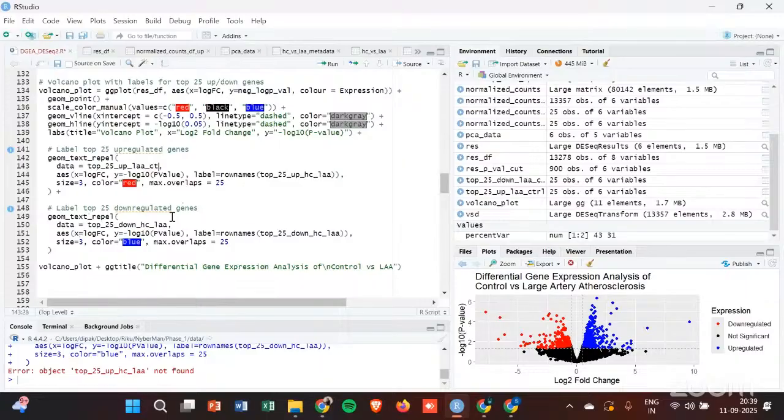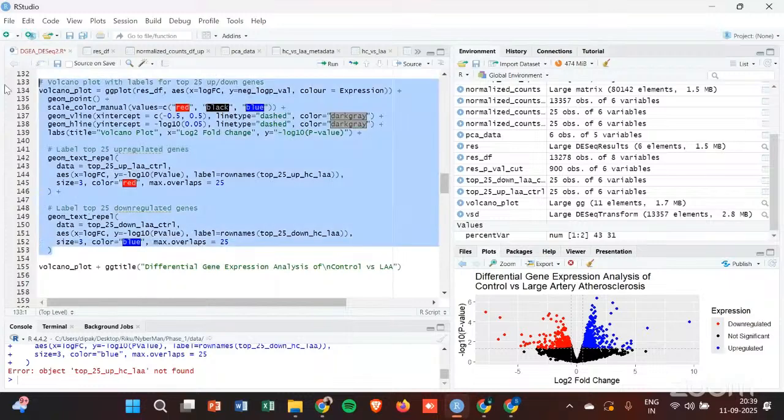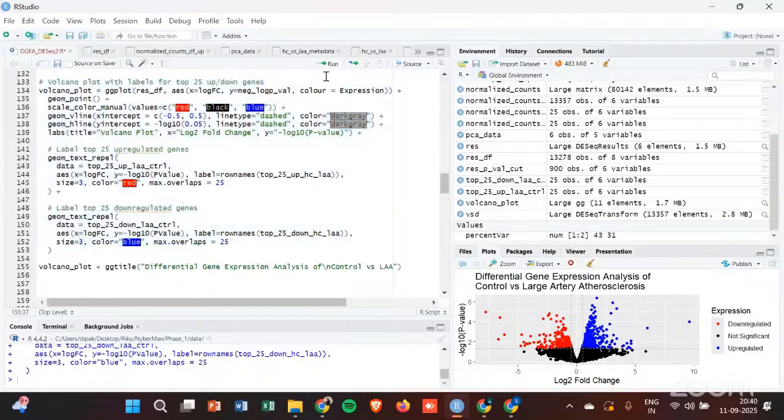So actually I was also developing the HR script alongside this, that is why the variable names got mixed up. It should be dot 25 down LA control. Yeah. Now it should work. Yes. Now if I plot it,